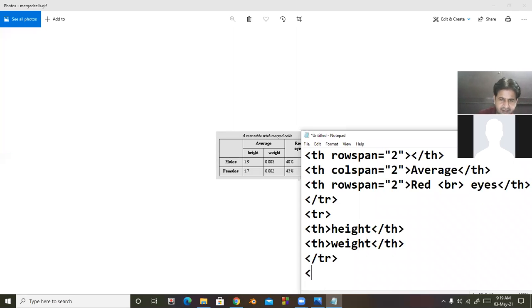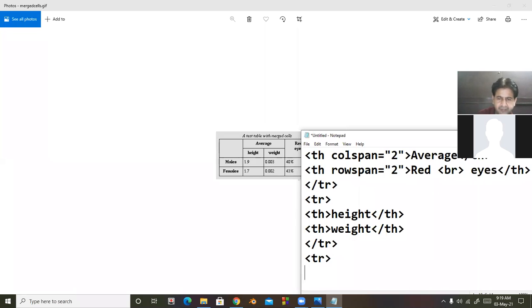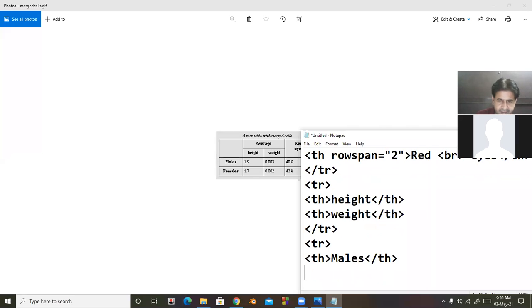We start third row, but males here is bold and center aligned. So I'm taking here TH males. Then TH close. Then here is 1.9. This is normal data. So I'm taking TD 1.9.